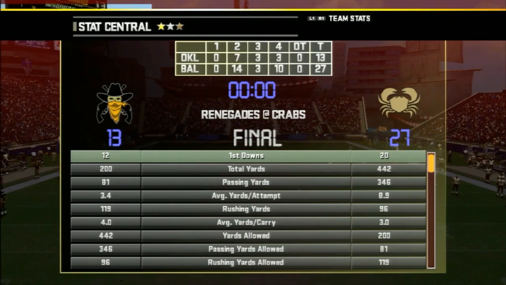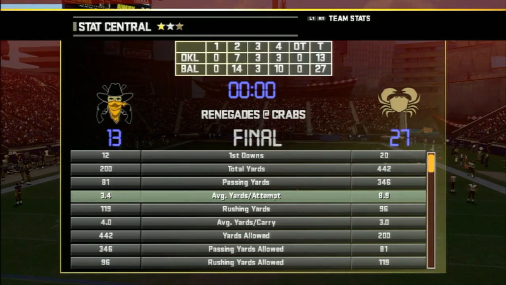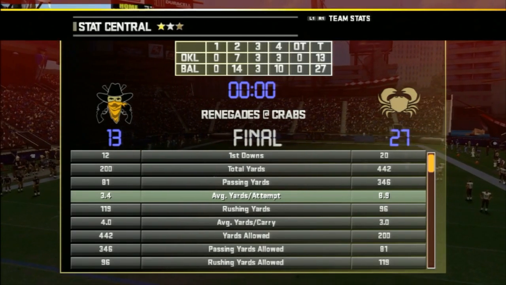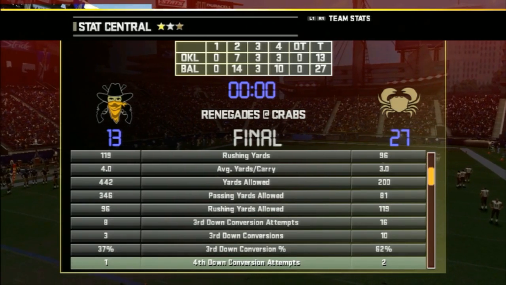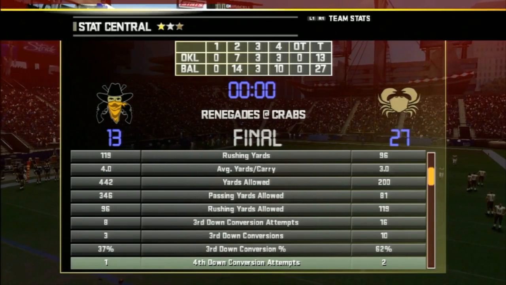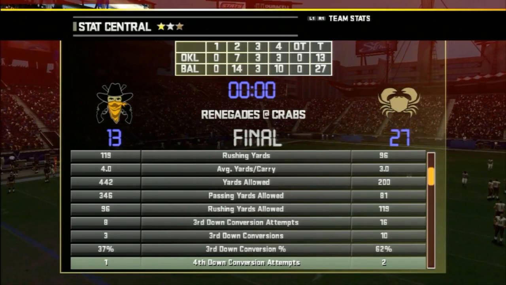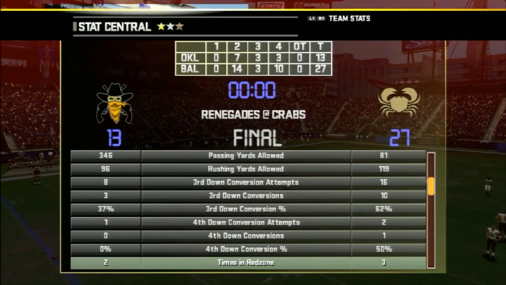Look at that. 3.4 average yards per pass attempt for OKC. That also may be a new record low, at least for the Renegades. Look at Baltimore. They were 10 of 16 on third down conversions. That is an incredible stat, 62%. And I'm looking back at the records, and that ties